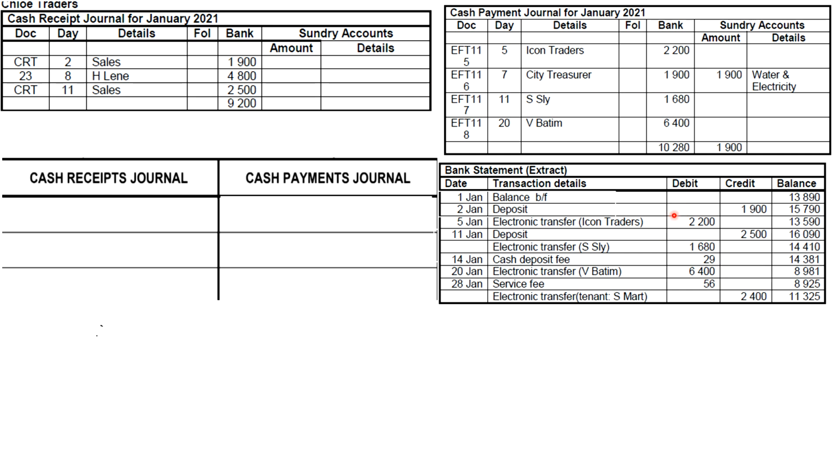That's one important thing to take note of. Okay, let's get back into the question. So the first amount we're going to start with here is 1,900 in our CRJ. We're going to come to the credit side of our bank statement and check if it's there. If it's there, we just put a tick next to the amount. And as you can see, it's there on the credit side.